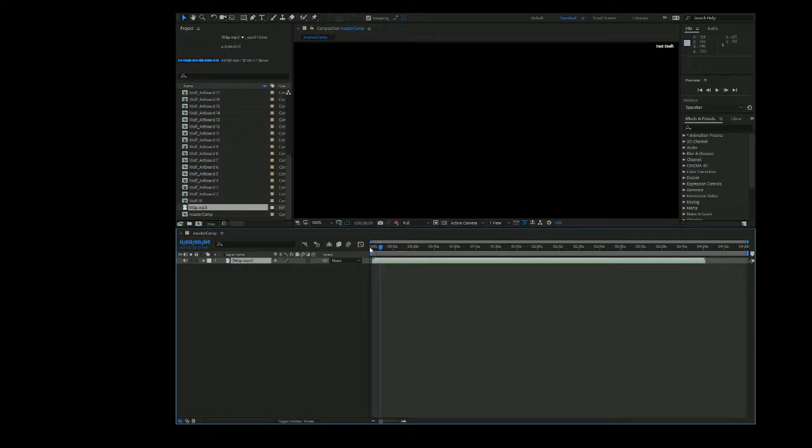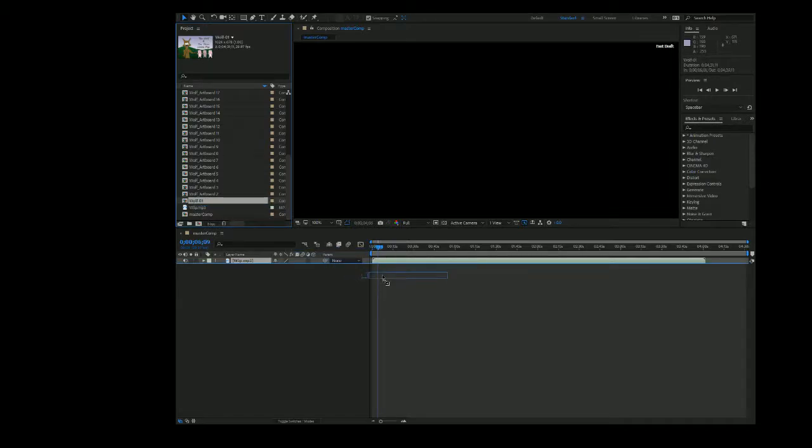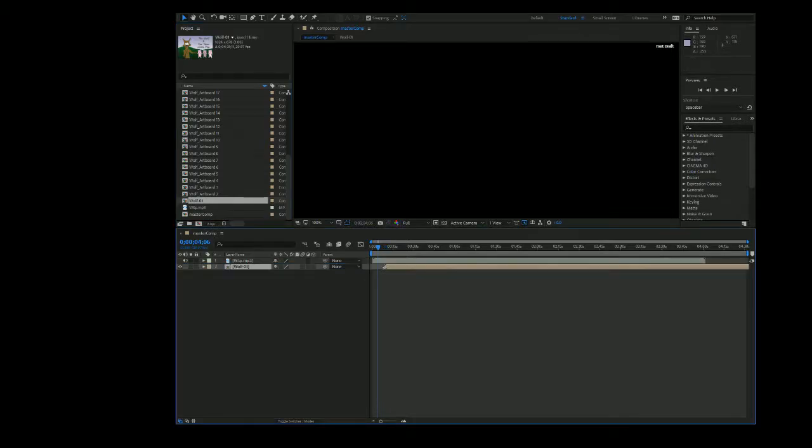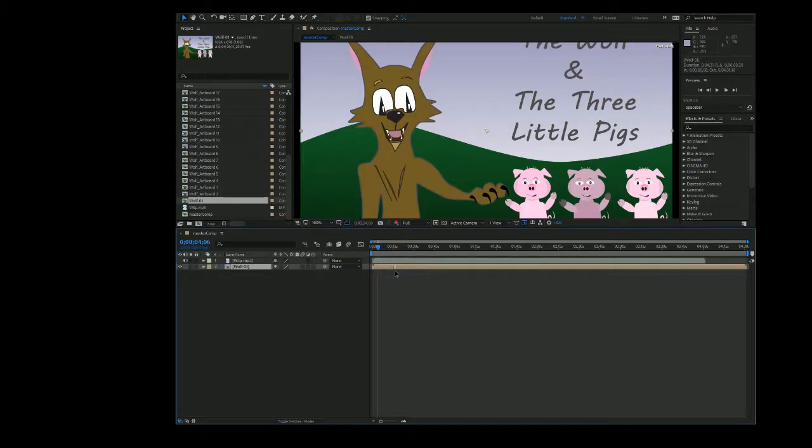Okay, so I know the wolf and the three little pigs. I'm going to start that right about there and make sure that my first artboard cuts off just a little bit after that. So here is the composition for the first artboard I'm going to pull in. This is the wolf and the three pigs. I can actually see what that looks like. So if I drag that and bring that in here and just place it where I want it, the blue scrub bar,